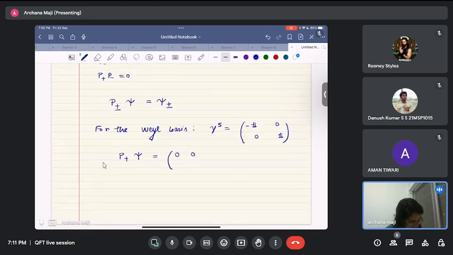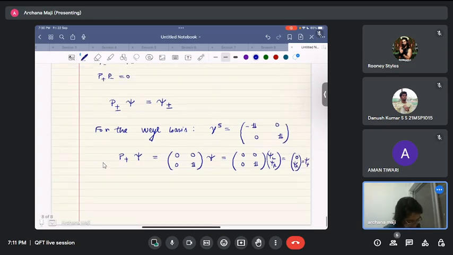So that is 0, 0, 0, 1 acting on psi, which is psi L, psi R. Okay, so we get 0, psi R. Let's call it psi plus. So you can see that with our choice of Weyl basis, P plus actually projects out the spinor psi R,